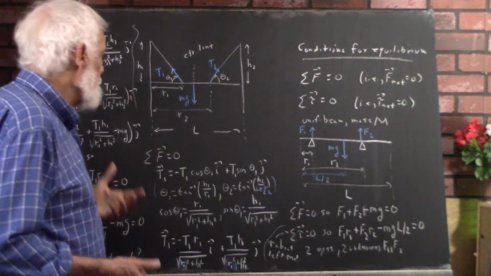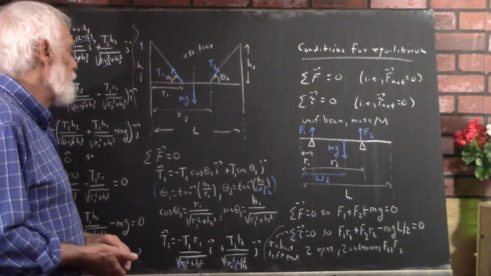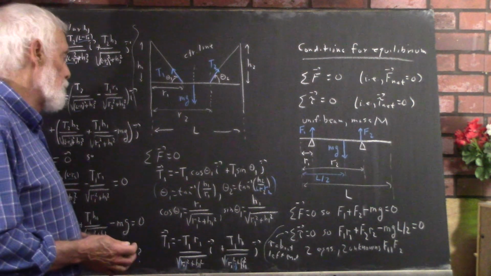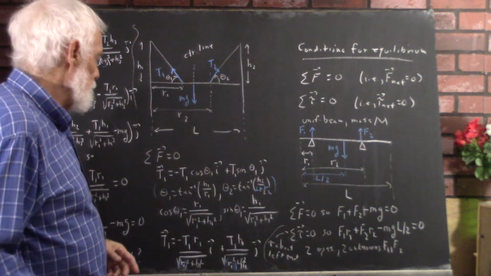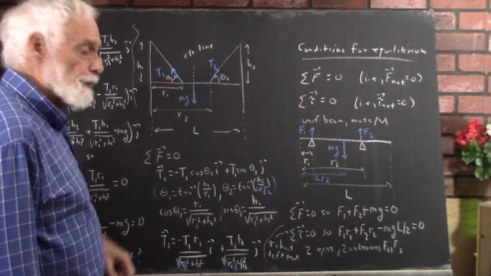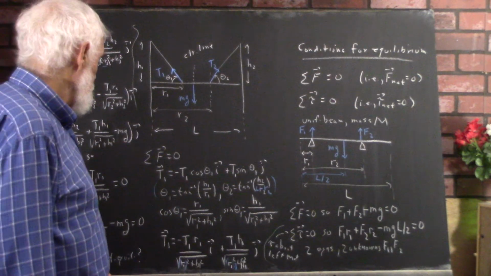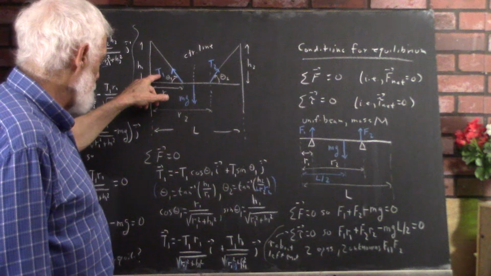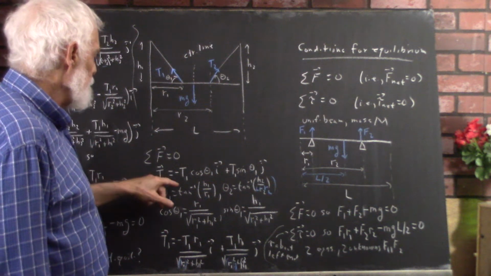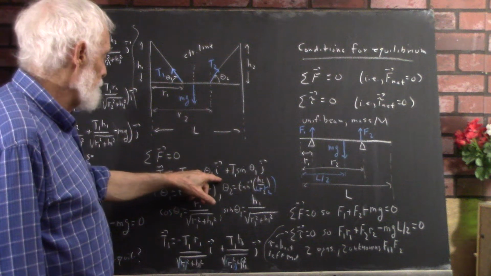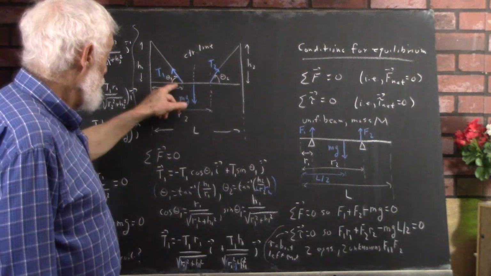Okay, to get equilibrium, it's going to turn out to be impossible with just these forces, and that's one of the points of this exercise. Okay, so the sum of the forces has to be 0. Well, just look at the tension T1. It's equal to negative T1 times the cosine theta 1 times the I vector, where theta 1 is this